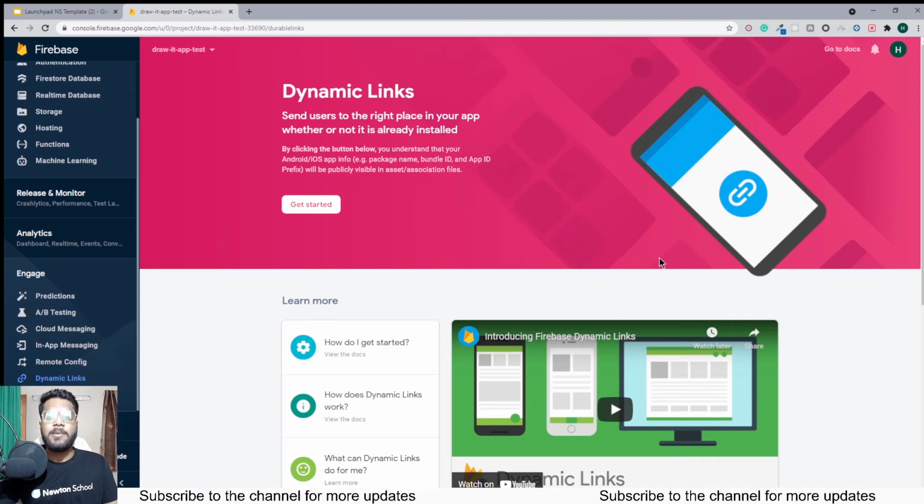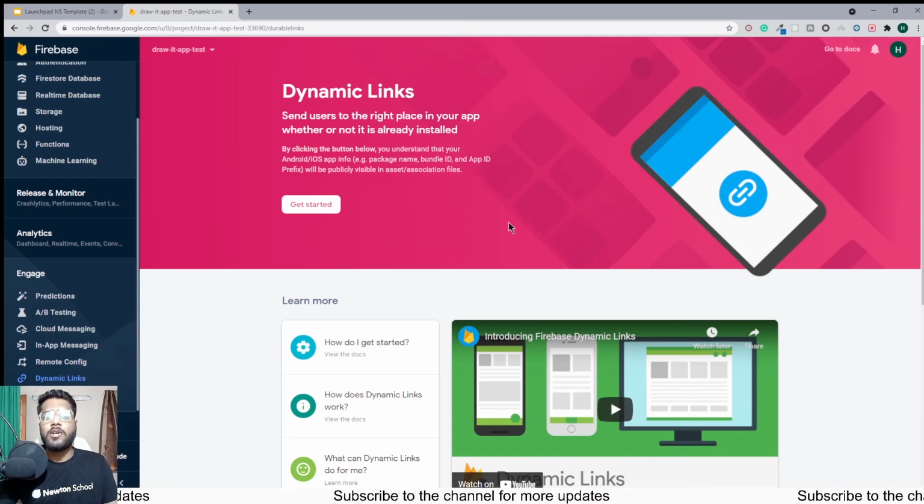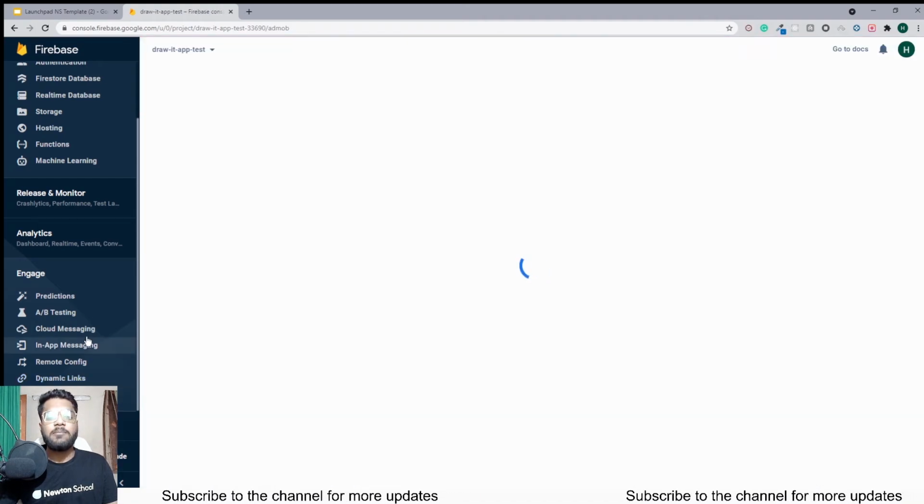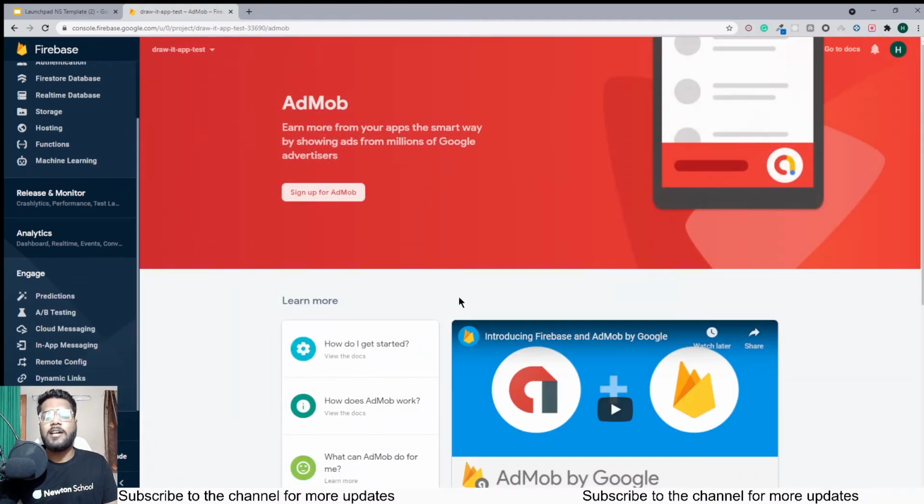So that is the basic use of dynamic link, through which you will be taken directly to the screen or the page to which that notification is dedicated. You can do that with the help of dynamic link, and create a dynamic link inside your application directly. Next we have the AdMob feature, which is basically for adding ads inside our application